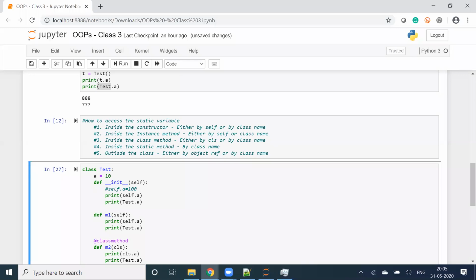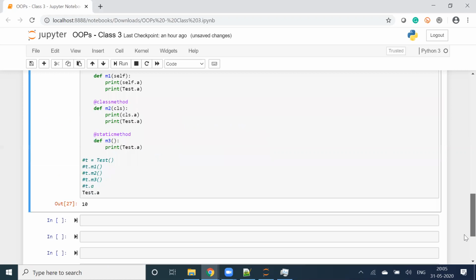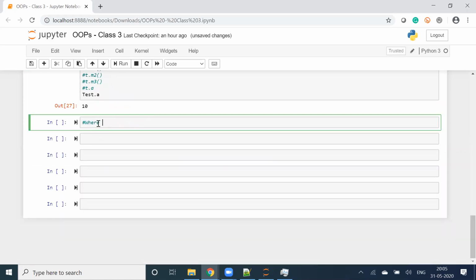Now we spoke about where to declare, we spoke about where to access. Now we will speak about where to modify. Where can we modify the values? Let's create one example where we can modify the value of static variables.